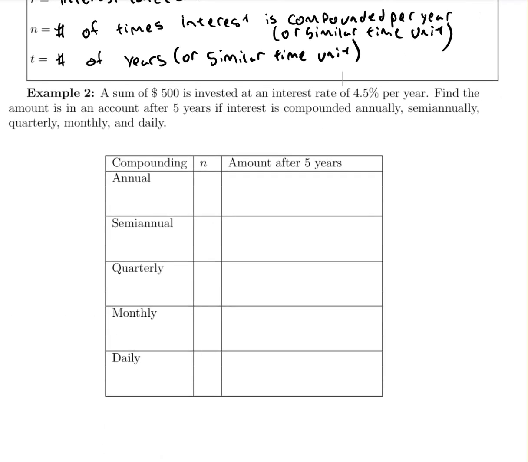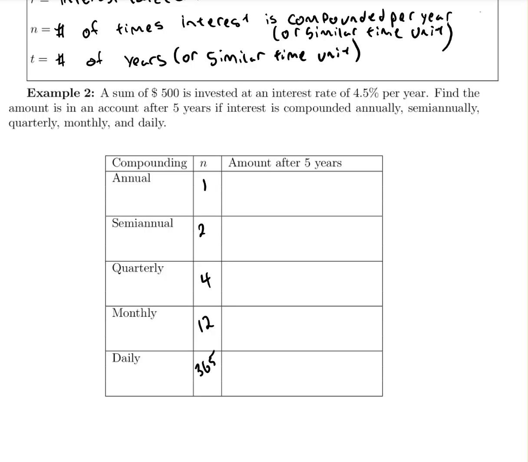So if you're investing $500 at an interest rate of 4.5% per year, which if you find a bank account that's going to give you that per year, let me know, because that's a really good percent. Then find the amount in the account after 5 years where interest is compounded annually, semi-annually, quarterly, monthly, daily. So this is just changing the number of times it's compounding within that year. Annually is just once a year, semi-annually twice, quarterly 4, monthly 12, and daily